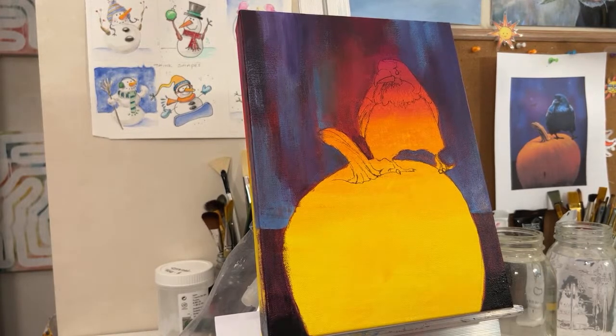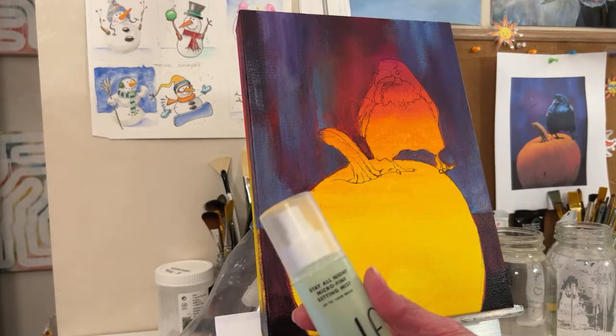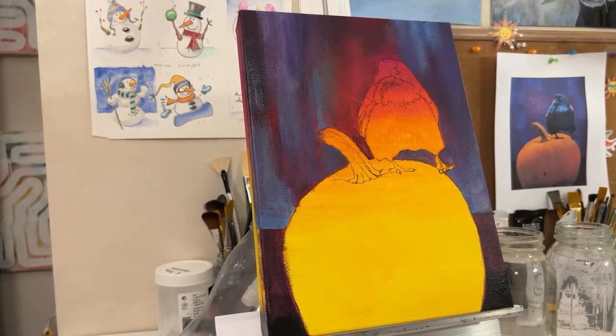So I just sprayed my paints with a little bit of water. Emily gave me this fine mist sprayer. Oh, setting mist. It's a makeup setting spray. I think I say that every live. The fine mist is nice. Yeah, it is really fine. I had one from a glass cleaner, but...